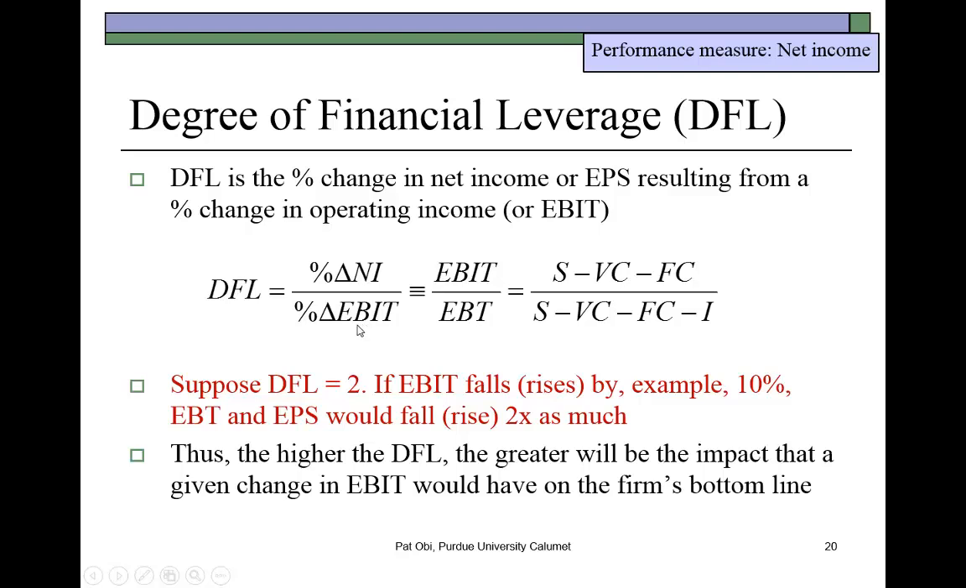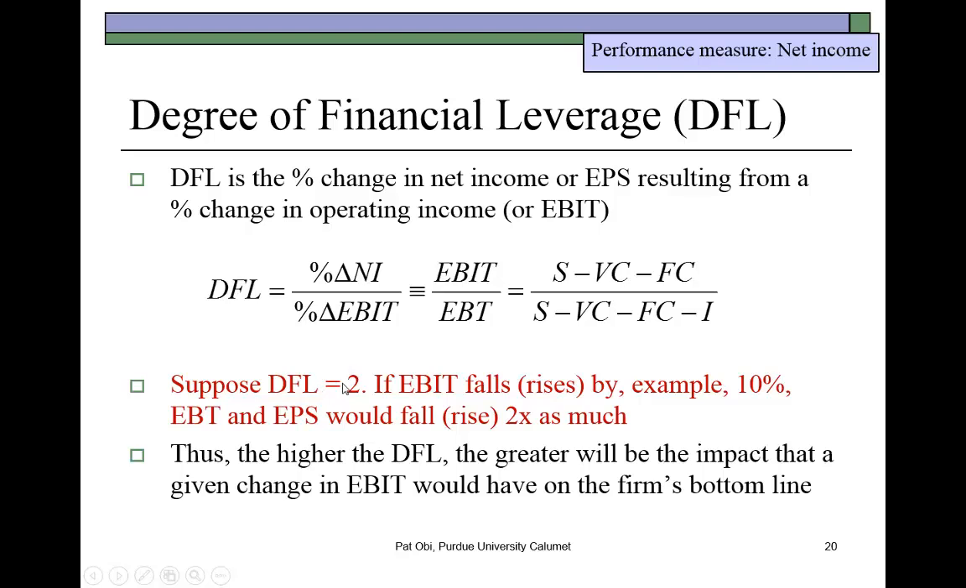So as I started to say, suppose your DFL is equal to 2. What does that mean? Well, this is going to tell you that if your operating income, your EBIT, were to fall by, for example, 10%, it tells you here that your net income or any of the other bottom performance measures like earnings before tax, earnings per share, that they would fall twice as much. So this 2 here is a measure of elasticity. It's a type of derivative, if you like. So it's going to tell you the degree of impact. So for any change in EBIT, net income is going to change twice as much,